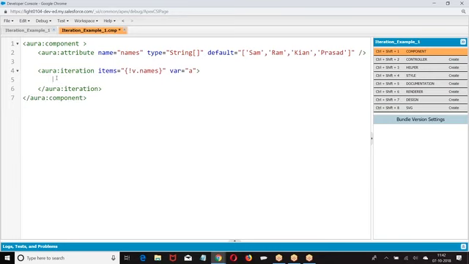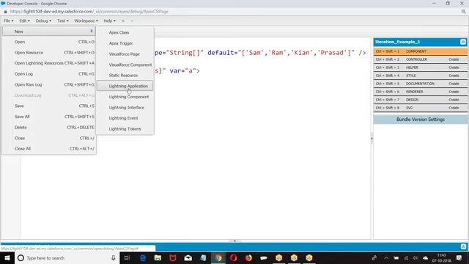Okay. Now I can give the same story, but their value here I am taking items. So let us go to a Lightning application.